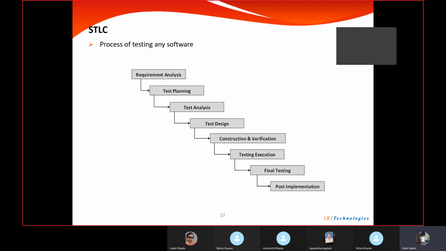Like, can we do any one of the functionalities at the beginning, and after that, can we take up any other functionality? Which functionality has to be tested first? Which functionality has the highest dependency, or which functionality is the most important in that application? We will decide that in the test planning phase. So when we decide the priority of the functionalities, then we will understand what functionality has to be tested at which time. So in simple terms, I will give you an example.